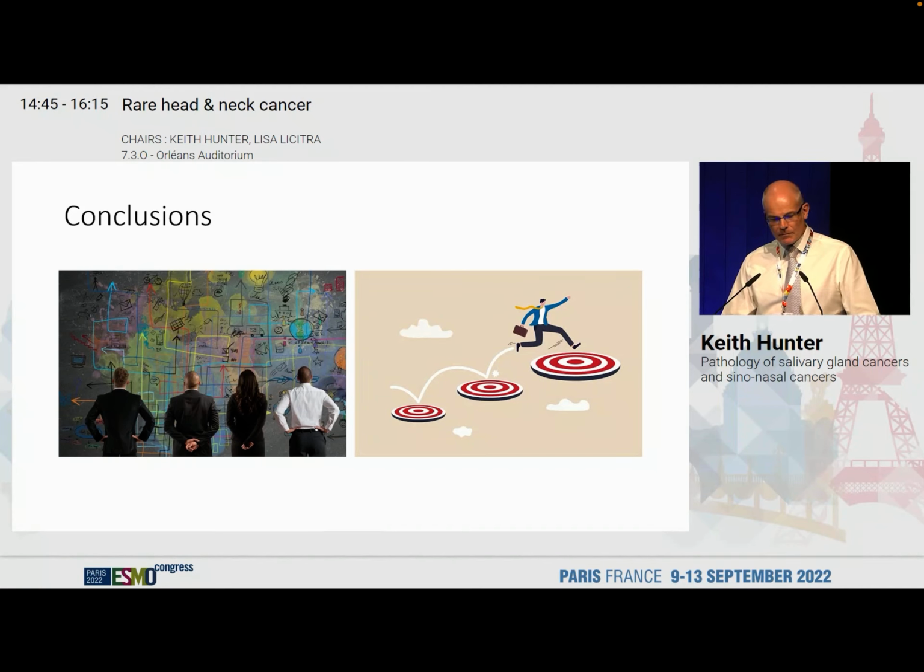So in conclusion, before I pass on to the other speakers, I think in both salivary gland and sinonasal cancers, we are facing an increasing complexity in the classification, which is difficult for diagnosis. It's difficult then to define entities so that they can be effectively treated. And it seems as if we are chasing a moving target at all times. But hopefully this will have set some amount of background which will allow us to have a look in more detail at the molecular oncology aspects of the development in salivary gland cancer treatment and sinonasal cancer treatment as well.